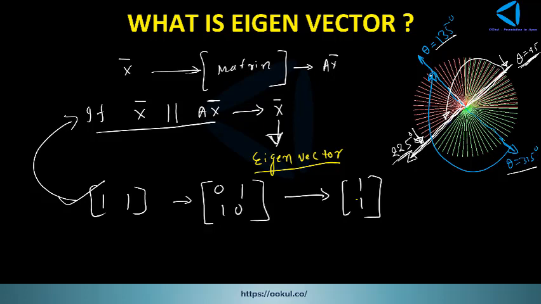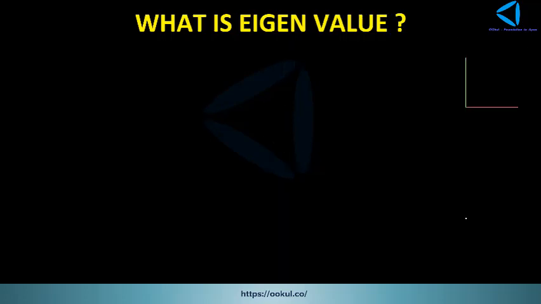So here you will have two independent vectors, like theta equal to 45 degrees and theta equal to 135 degrees. Here it is a 2 by 2 matrix, right? You are giving a vector, it is emitting a vector. So there will be 2 eigenvectors, not 4 eigenvectors, right? Okay, so this is about the eigenvector. So what about eigenvalues? Okay, let's take again the previous example.